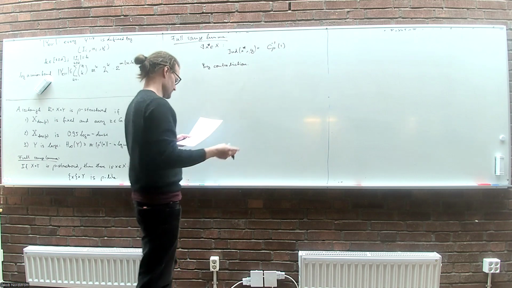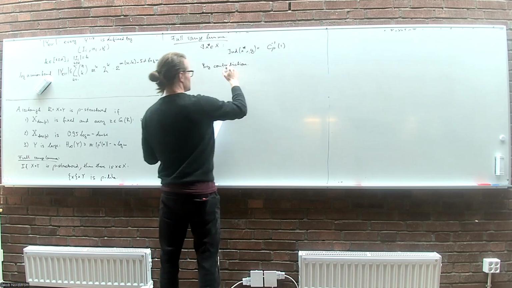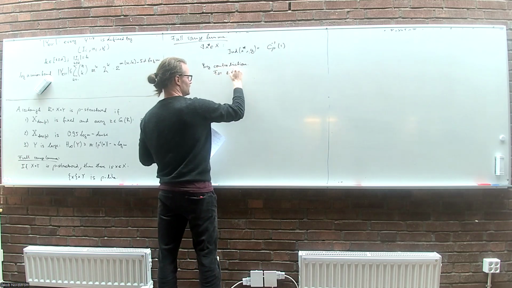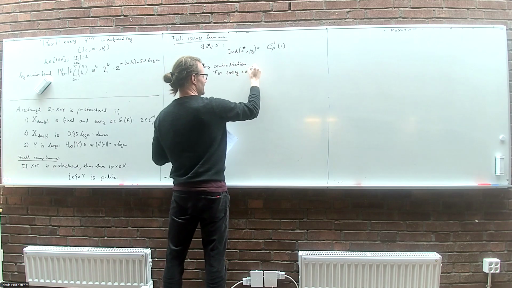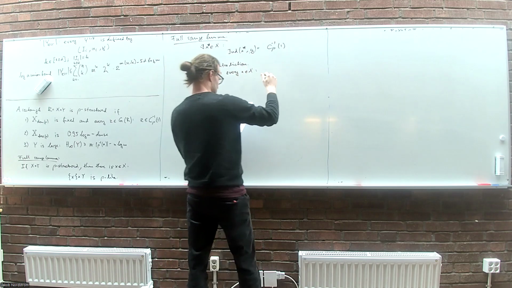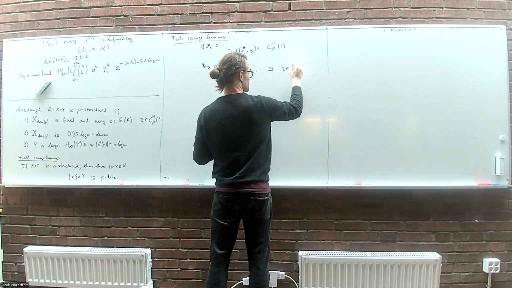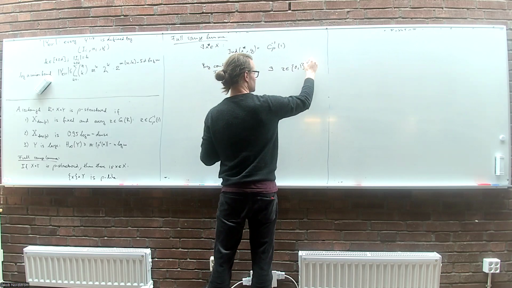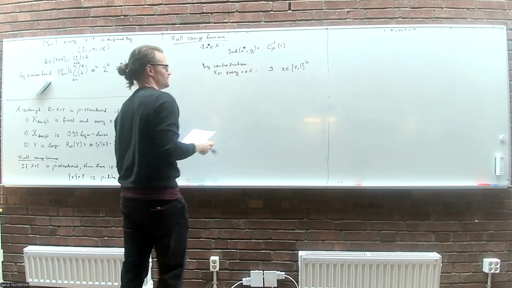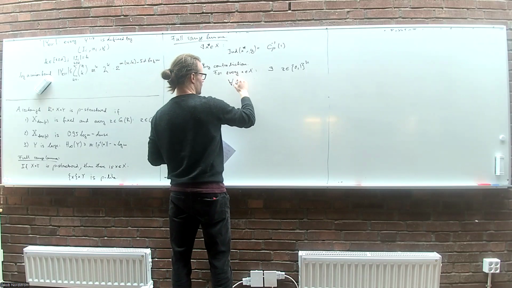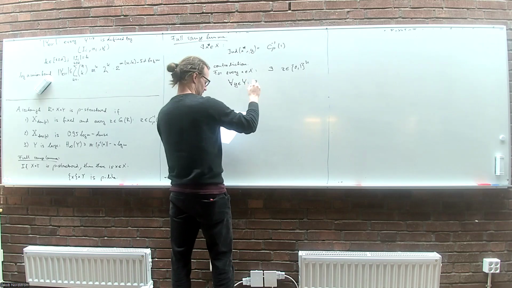Let me write this down. For every x in X, there exists some assignment z in {0,1}^n. This z is on the right-hand side, the unlifted side, so that for all y in Y, we have that